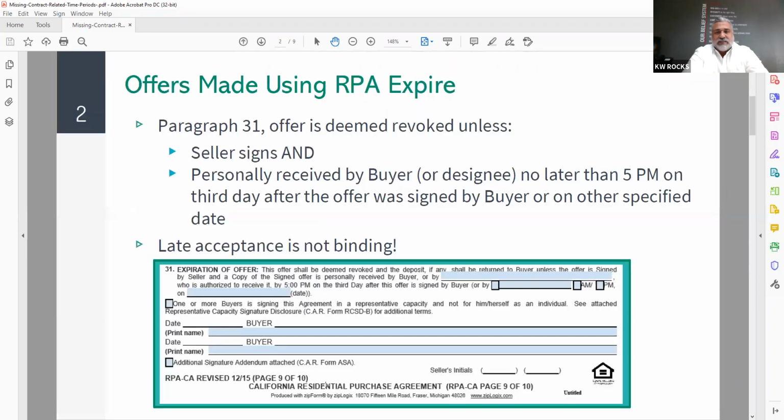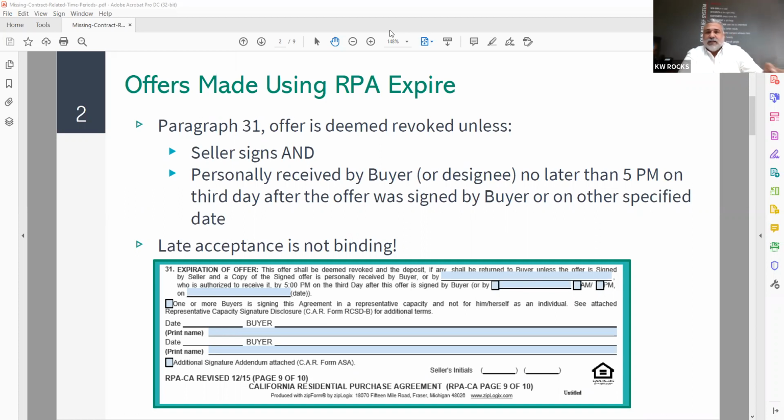All right, so let's flip it here. Offers made using the RPA. Some of the things that I hear a lot on the purchase agreement is regarding the expiration of the agreement. Under paragraph 31, it deems the offer revoked unless the seller signs and it is personally received by the buyer or designated person. If you look at paragraph 31 of the RPA, illustrated just below here, it says: 31, expiration of offer. This offer shall be deemed revoked and the deposit, if any, shall be returned to the buyer unless the offer is signed by seller and a copy of the signed offer is personally received by the buyer or by